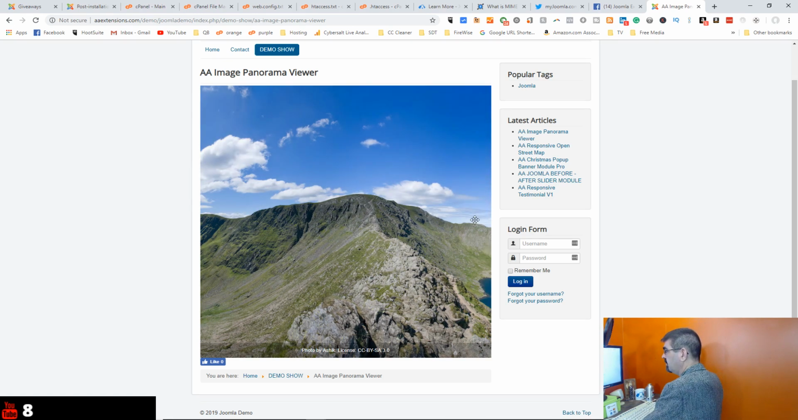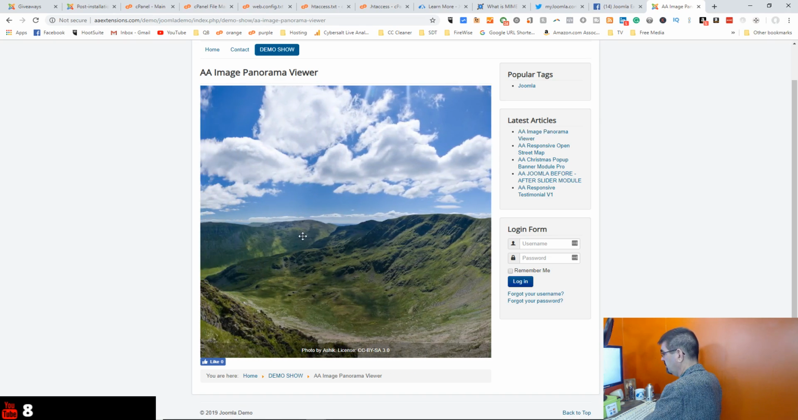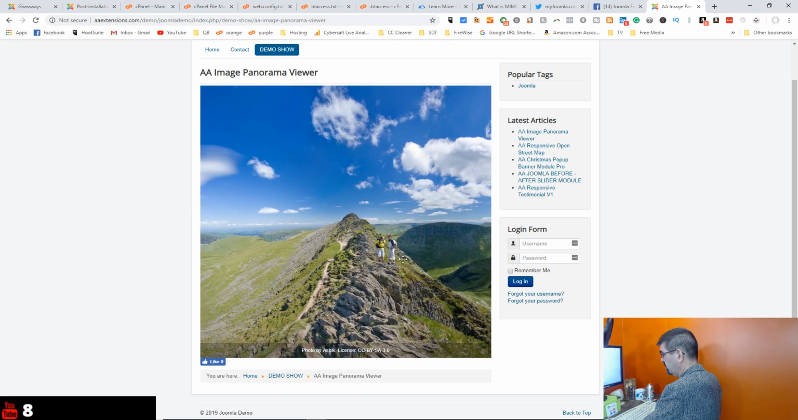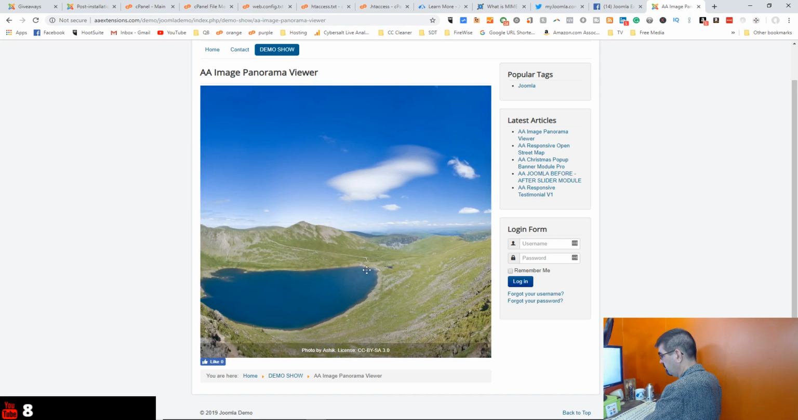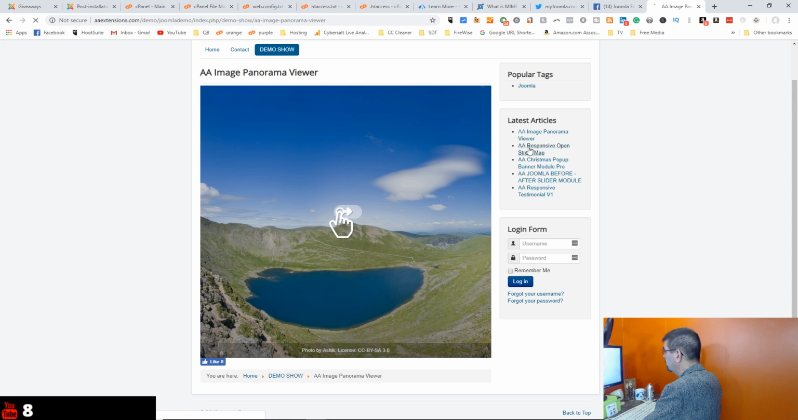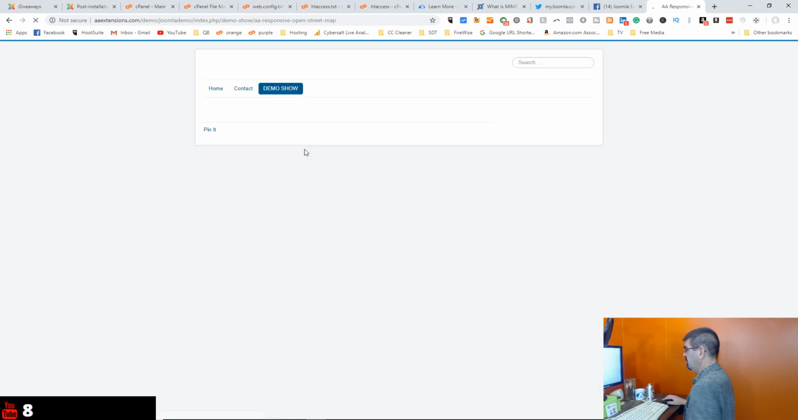And he has some other articles up here. Sorry, so there's an AA Image Panorama. I don't think that's Mount St. Helens. Let's check out this AA Responsive